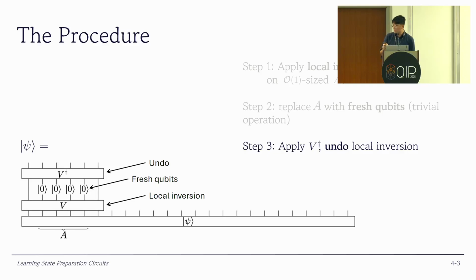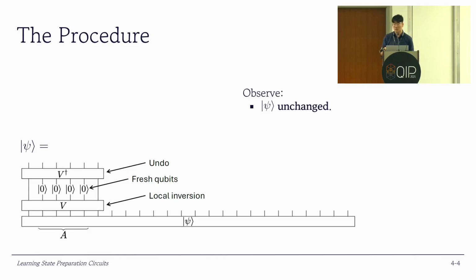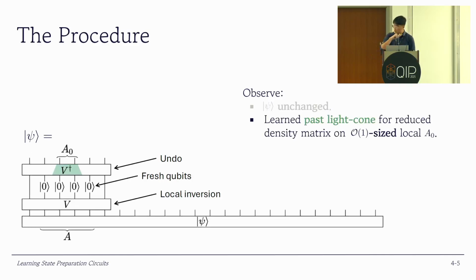So it's a pretty simple procedure, and you may think why we do this. Well, first of all, as a result of this procedure, notice how the final state that we get after each step is unchanged. The desired state that we have remains unchanged once we undo the local inversion once again. And furthermore, thanks to the fact that we essentially supplied these fresh qubits over here, we are able to, by undoing the local inversion,